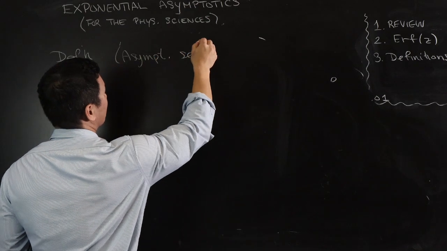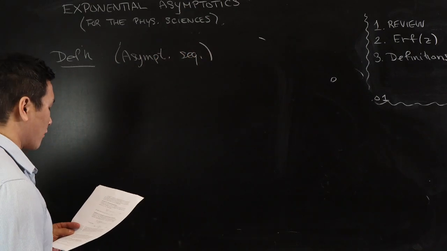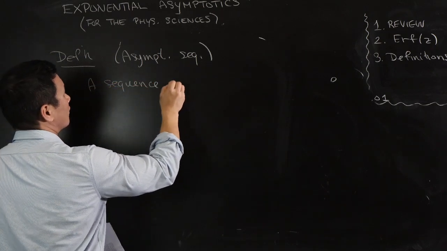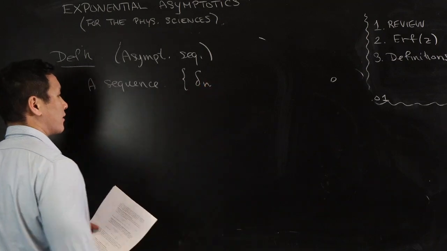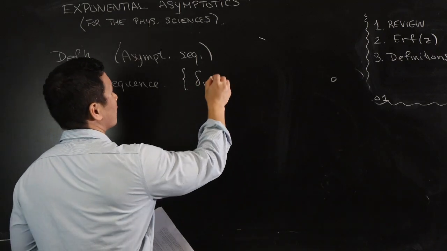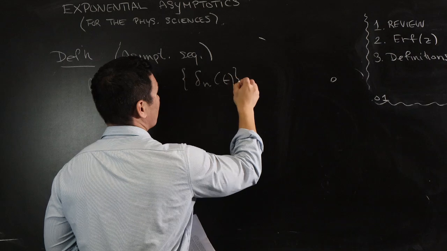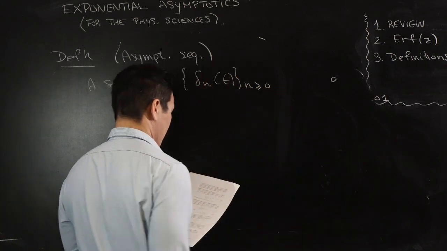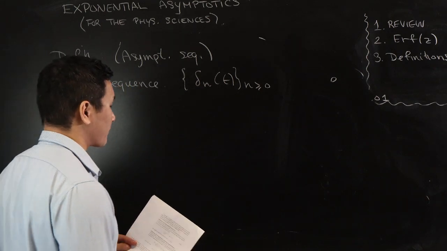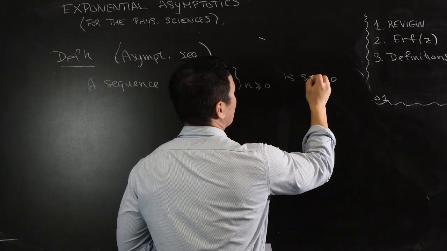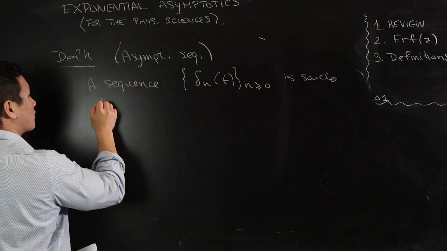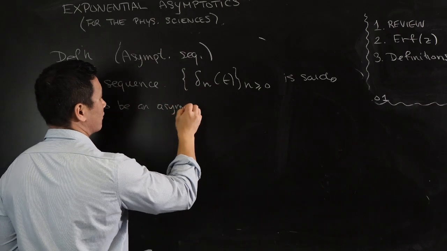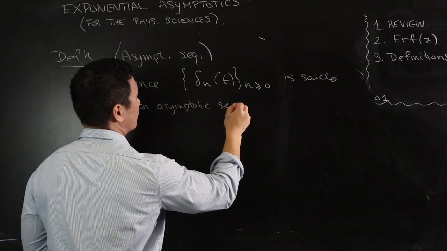Asymptotic sequence. Okay, so a sequence, and let's index it by delta n of epsilon, going through the positive integers, is said to be an asymptotic sequence